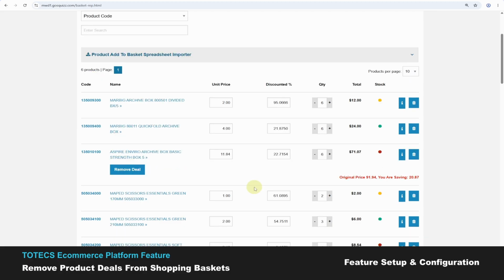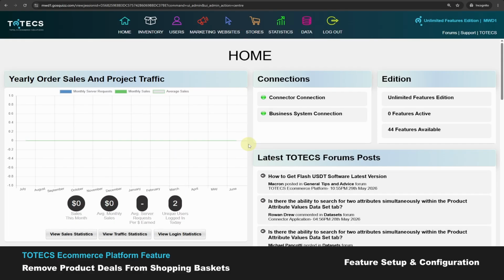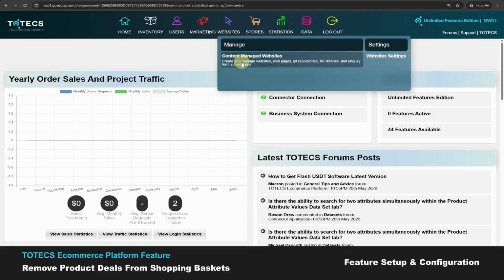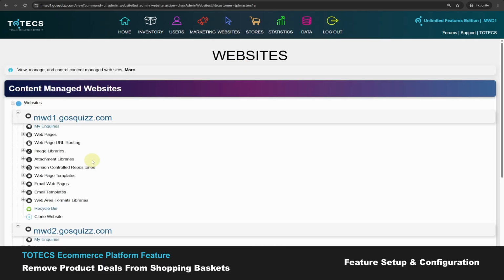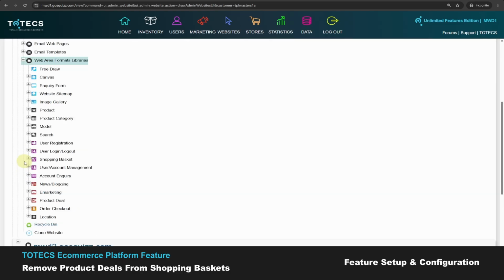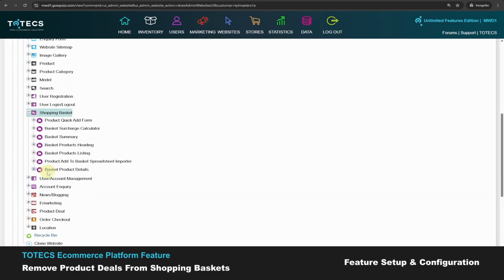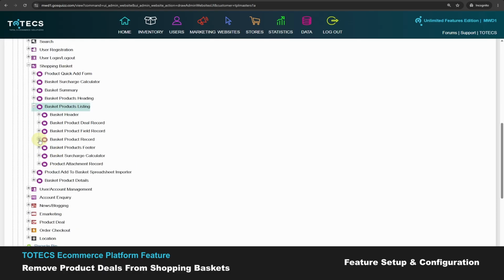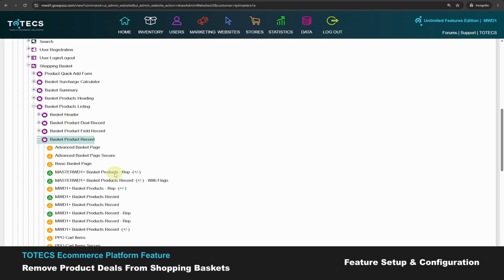To see how to set this up, if we go into the administration center of a project hosted on the platform and click on the website's navigation menu button and then click on the content managed websites menu item. Within any content managed website, if we click on the web area format libraries tree node and then click on the shopping basket area types tree node, then click on the basket products listing area type, then click on the basket product record format tree node, then within any area format, if we create or click on an existing format,